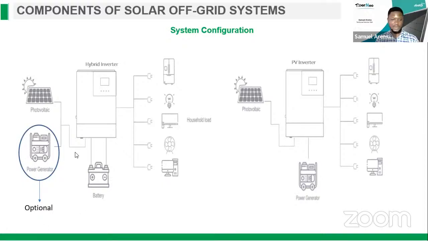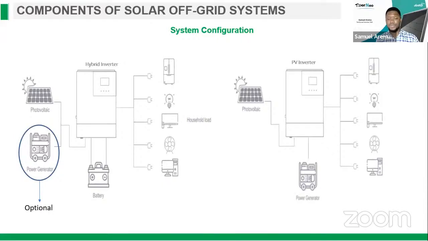So in this scenario, we don't need an external solar charge controller. This hybrid inverter also charges the battery through the solar charge controller embedded in the inverter. And we can also see the electric load here, which is connected to the inverter. You notice that in most industries and offices, they made huge investments in diesel generators. And let's say they want to go off-grid, it might not be economical to totally remove the diesel generator they currently have installed. So one of the configurations to use in this scenario is